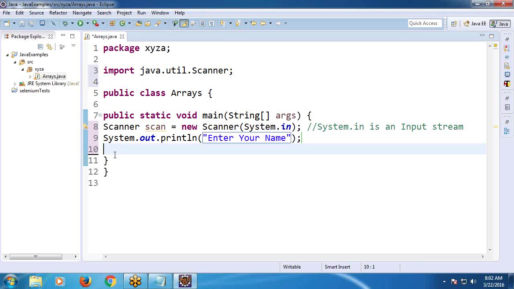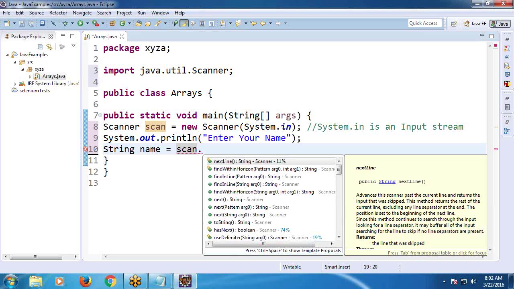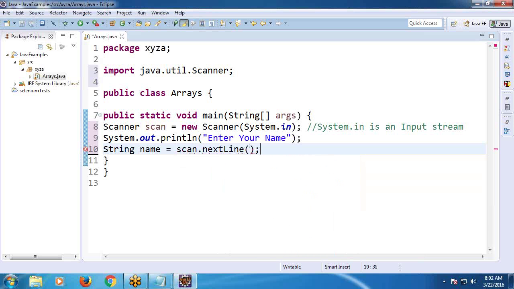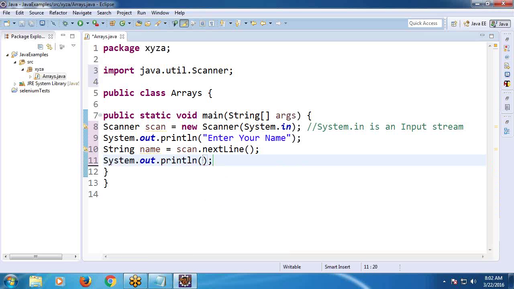It should be string type. So take a string type variable. String name equal to scan, this is the scanner object, scan dot nextLine, semicolon. Next, display this after reading the input. Suppose the message, optional: Your